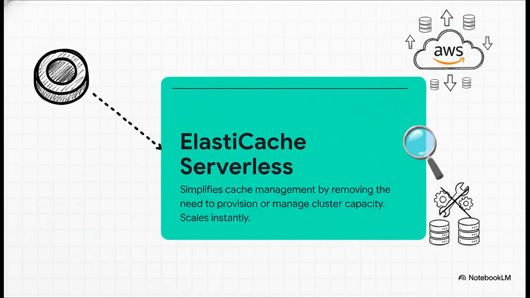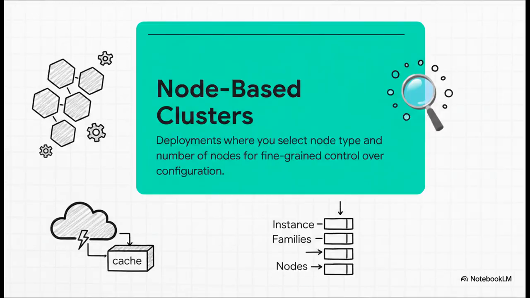This is all about getting to market fast. AWS takes care of all the scaling and management, which frees up your team to focus on building great features instead of managing infrastructure. Node-based clusters, on the other hand, are for the architects out there who need that precise,